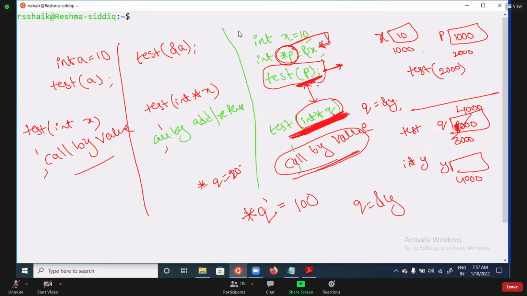Whenever you write star q equal to 20, x value will change, but p value is not changing, right? Are you getting my point? Call by value, call by address, you need to decide according to actual and formal arguments, not according to other variables. I hope you clear this point.